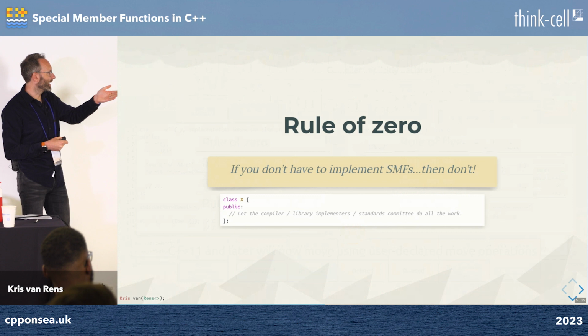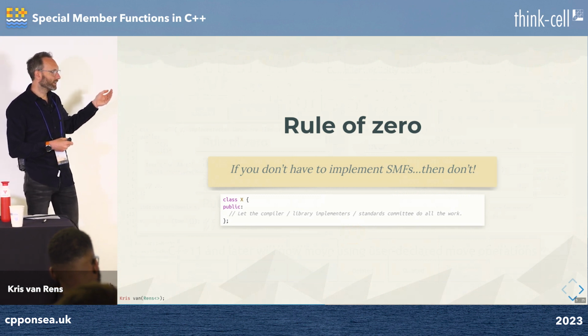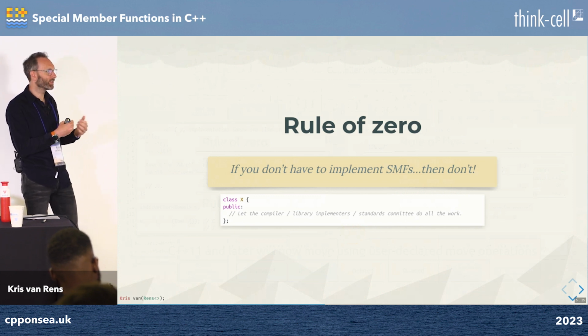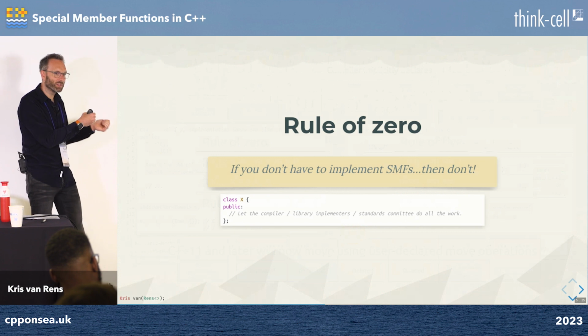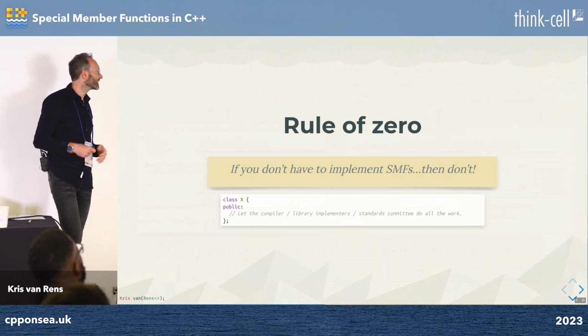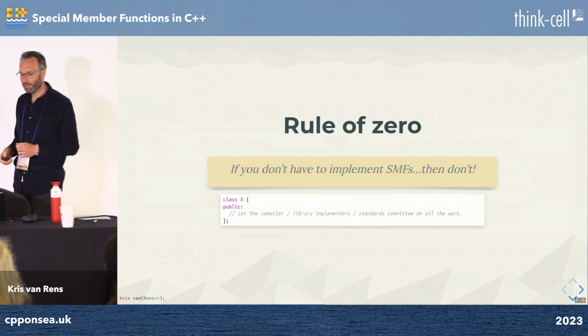Basically what happens is, suppose we have a vector in our class, then we just lean on the default behavior of the move operations of a vector. We basically use the implementation that the standard library implementers made for us. It's probably much better than what we could achieve in the first place. And now,